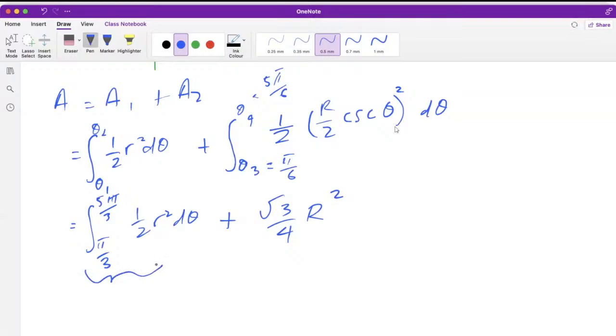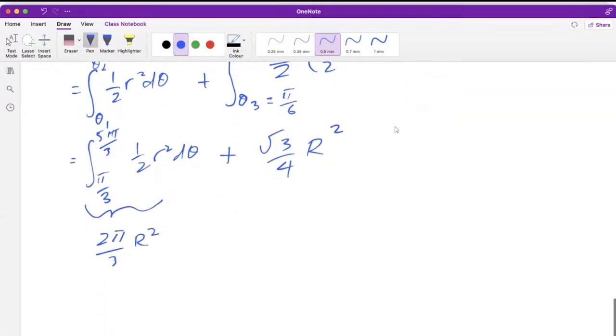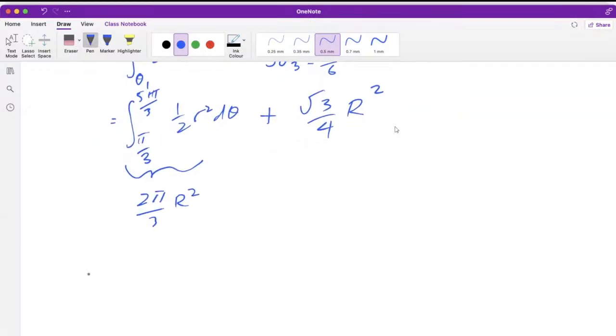For A1, from my own calculation, this is 2 pi over 3 r square. So if I were to sum this up, then I get,